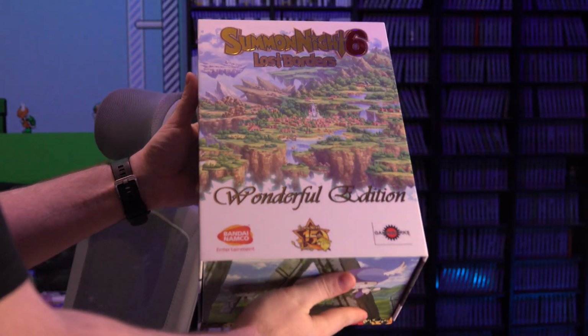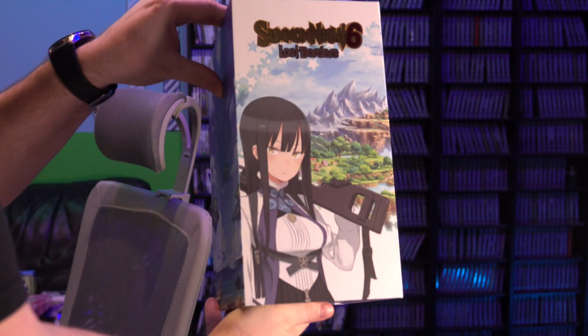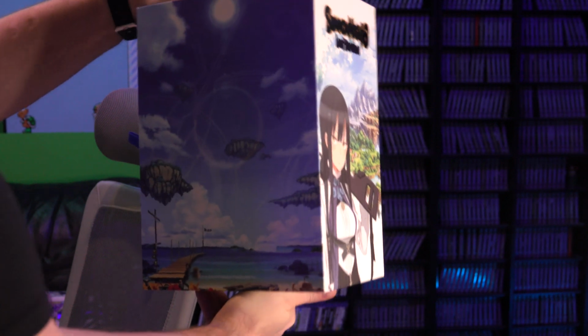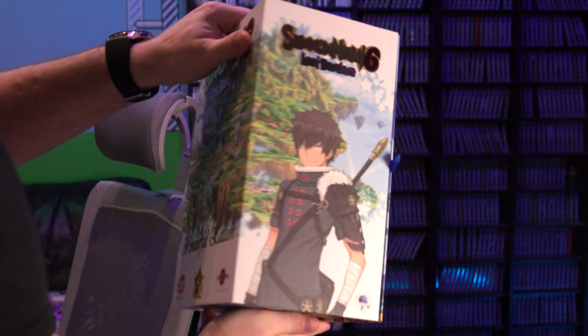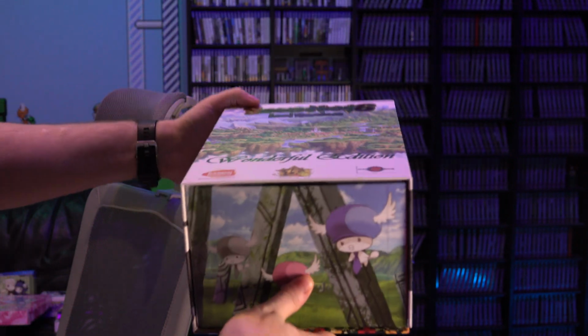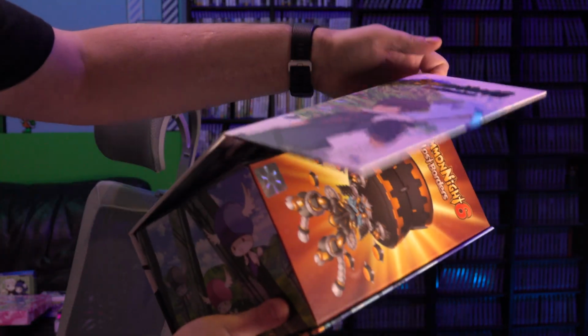Number 6 is Summon Night 6 Lost Borders. Now what makes this one so outrageous is the initial asking price. This was one of the most expensive limited editions at $135. Now there was a $20 pre-order discount, but the shipping was approximately $20 anyway, so the price was still $135